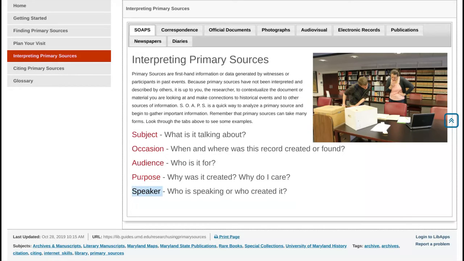So you can see with audience and speaker, we're looking at who made it and who it's received by. For purpose and occasion, we're kind of learning about the circumstances under which it was created. We want to know when it was made, how it was found, and why it's there. And for subject, you want to know generally what the source is about. If you've taken any journalism classes, this sounds a lot like the who, what, where, why, when, how that you